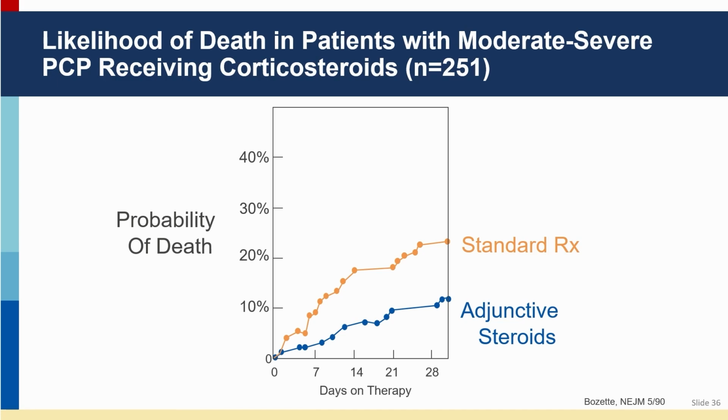The reason is that Fred Sattler in California proposed a study. It went to an IRB, and the IRB said you can't give steroids to an immunosuppressed patient. So they had to modify the inclusion criteria to the criteria that you see here. It's an artifact, a remnant of an